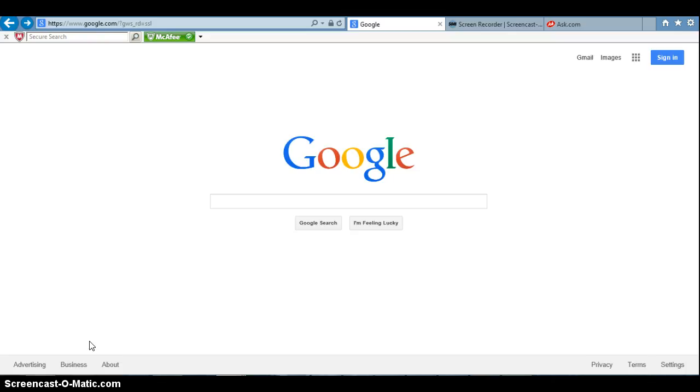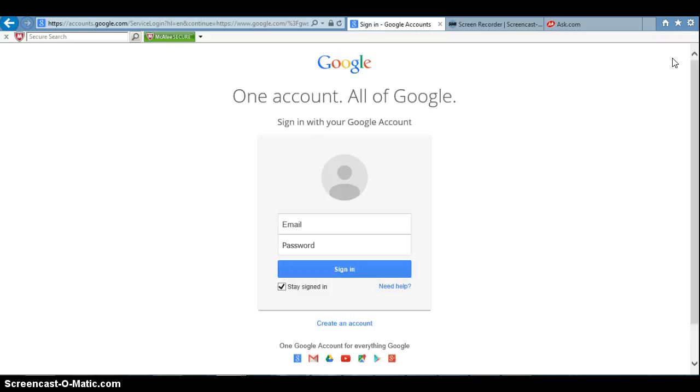To get started using Google Forms, first you need to create a Google account if you haven't done so already. To do this, first navigate to google.com. Then click on the blue Sign In button in the right-hand corner. Once you've done this, it will prompt you to create an account using the hyperlink down at the bottom of the page. Click that,